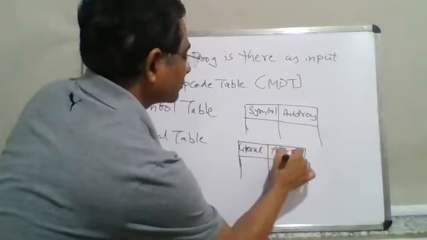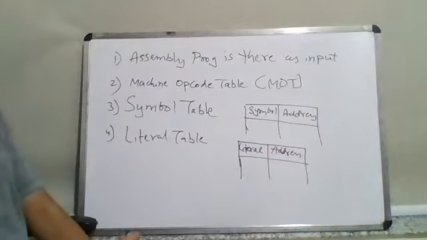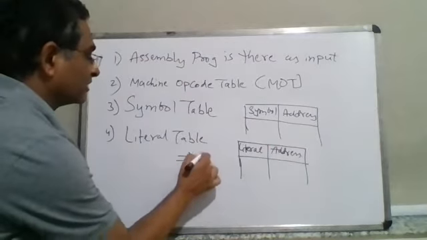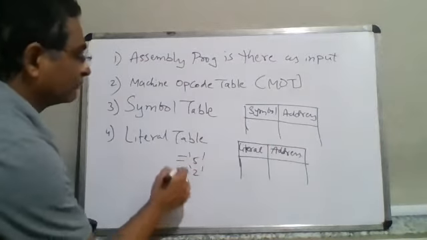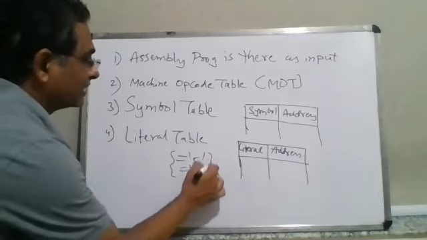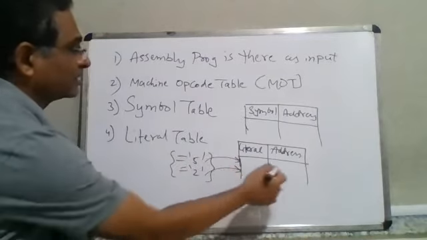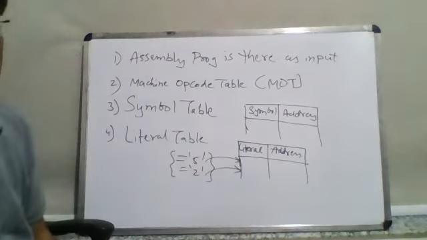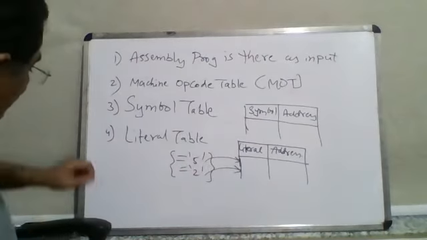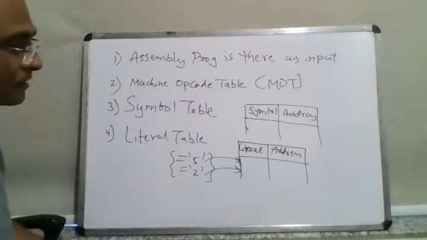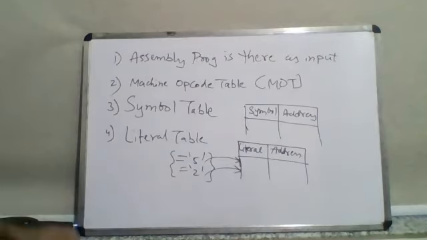These are the various constants which may be appearing in your program, something like =5, =2, and so on. If this type of construct is there, it will become a part of the literals, and the address will be subsequently allocated as per the algorithm, as per the addresses available in the location counter, which is where the actual instruction is stored, right?